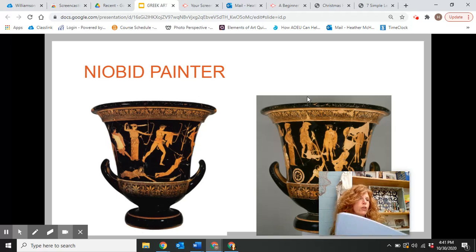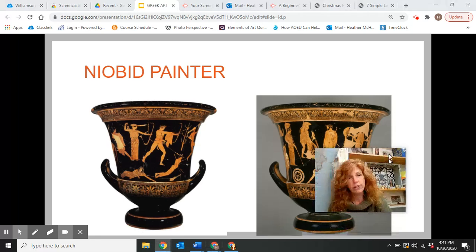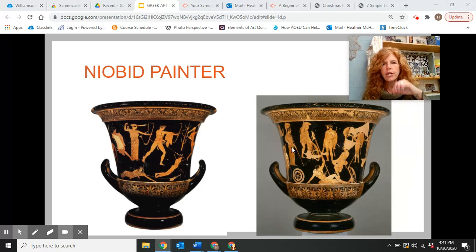And the Niobid painter, we really don't know the name. This is actually called the Niobid painter because of the location in which it was found. All of a sudden, there's something really different happening here. When you look at this vessel and the way that the figures are painted, there's no ground, right? They're not all standing on the same ground. In fact, it seems somewhat chaotic, this placement of